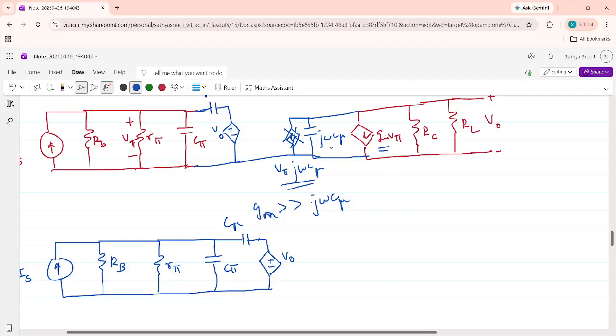Similarly, this impedance value, this j omega C mu, this value is